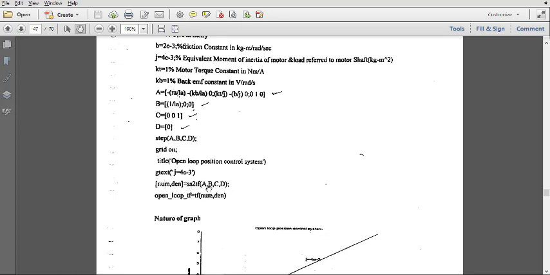So if you use this and you write A, B, C, D, the different values of A, B, C, D you have got, this function will transfer that to the transfer function, and the num will carry the value of the numerator and den will carry the value of the denominator. Okay, and from that num and den you can form the open loop transfer function by using this function called TF equal to TF in bracket num comma den. Okay, so let us go to the MATLAB and check for ourselves.